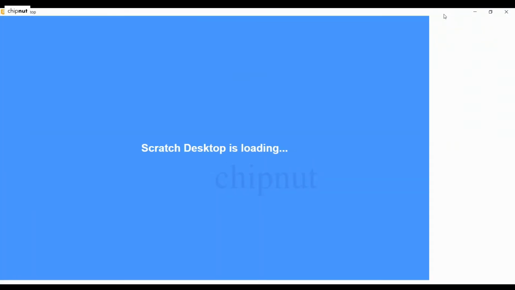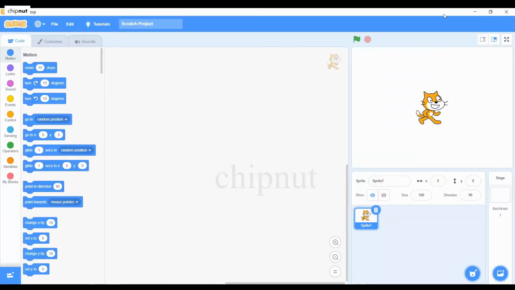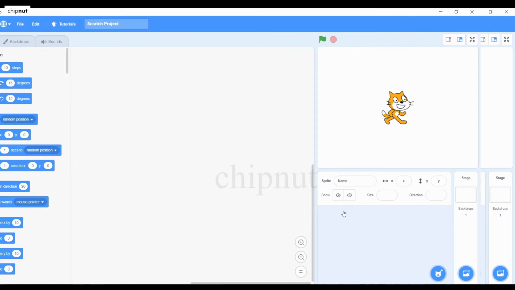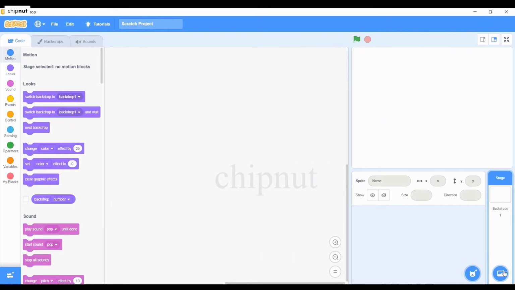As always, first open the Scratch from the desktop app. Remove the cat as we do not want this cat here. First step is to set up the background. Select the background.